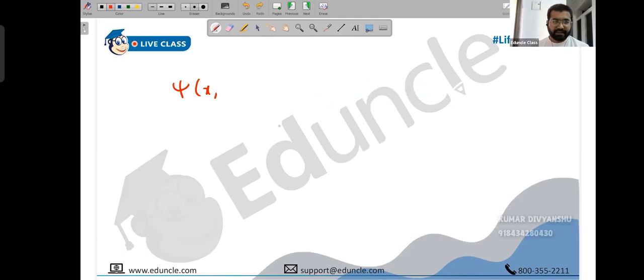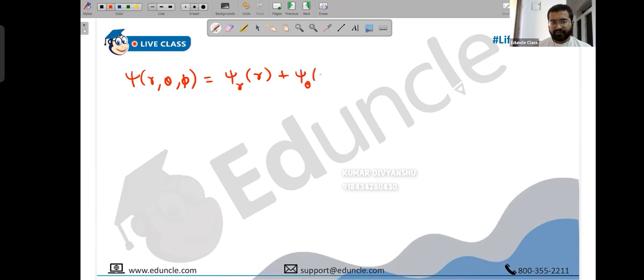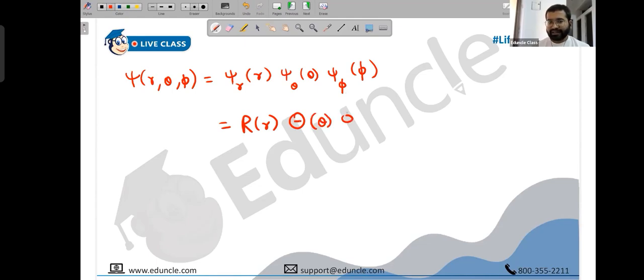Okay. So very similarly, here also psi of r, theta, phi can be split in its respective coordinates. So you can write psi r of r into psi theta of theta, and then psi phi of phi. The thing is, the book does not use this notation. So you may have seen that instead of writing psi r, they're writing capital R. It's fine. Instead of writing psi theta, they're writing capital Theta. That's also fine. And instead of writing psi phi, they're writing capital Phi. That's also fine. They are only notations. You can write f(r), g(theta), k(phi), whatever. So R of r is nothing but the wave function associated with r, Theta of theta is nothing but the wave function associated with theta, and Phi of phi is nothing but the wave function associated with phi. Make a note. Obviously, because we have capitals and smalls, so these are capitals and smalls.